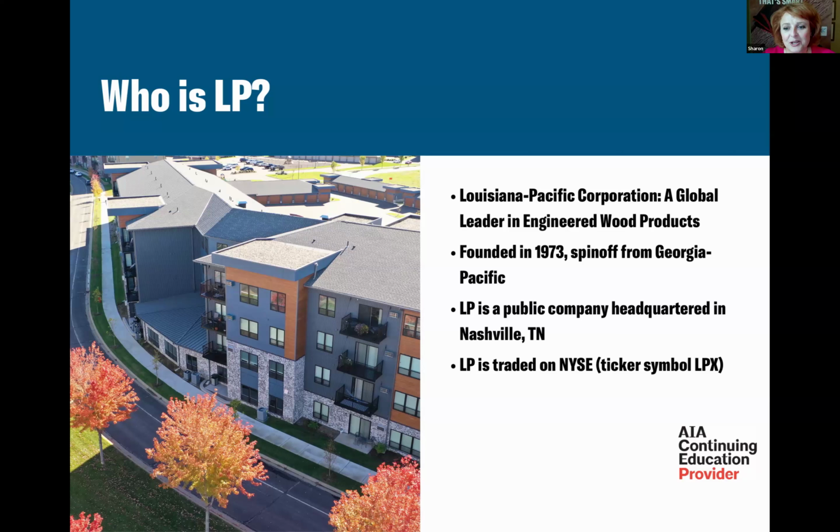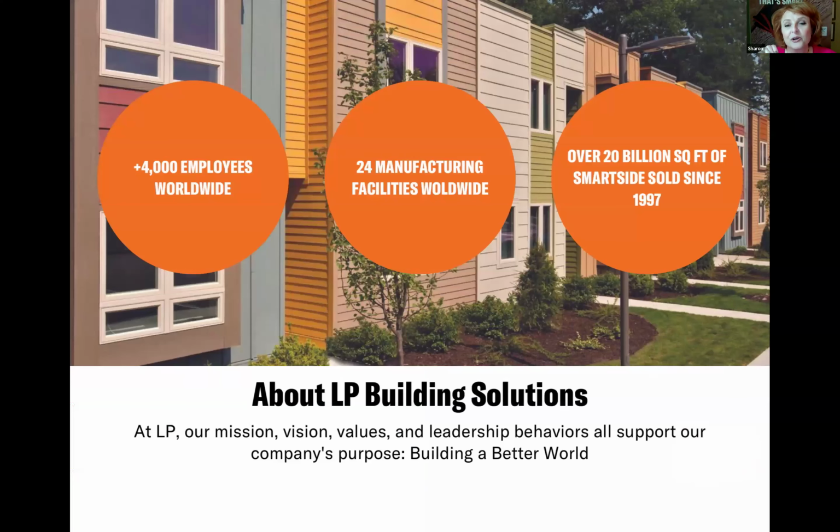So our products really, maybe we don't promote ourselves as well as some of our competitors, but every one of our products is structurally sounder, with a stronger warranty, really beneficial in every way. There isn't one product that we make that you can't feel comfortable putting an LP product on the specification of any of your projects. So we have over 4,000 employees